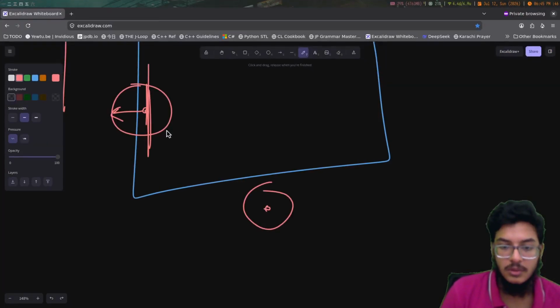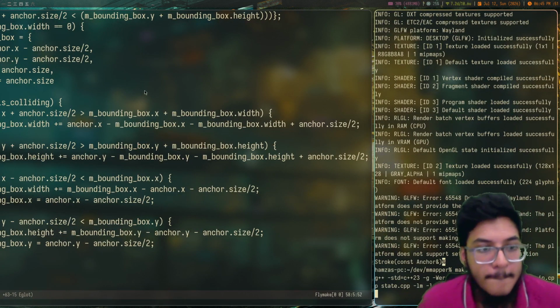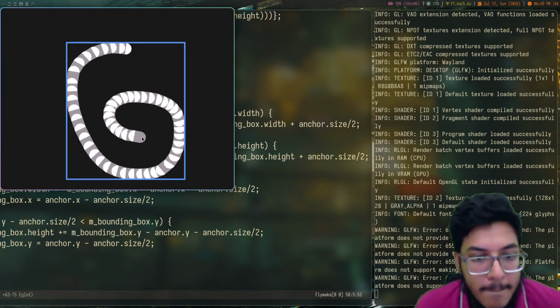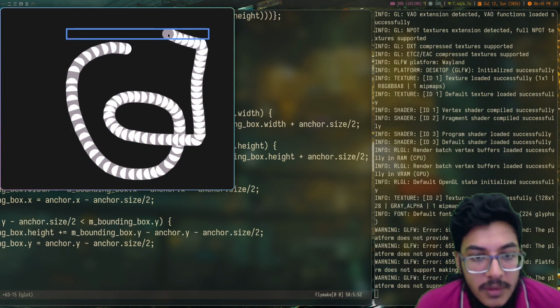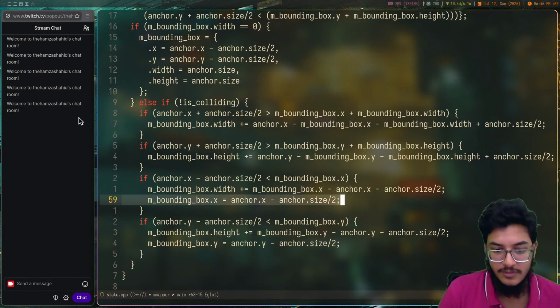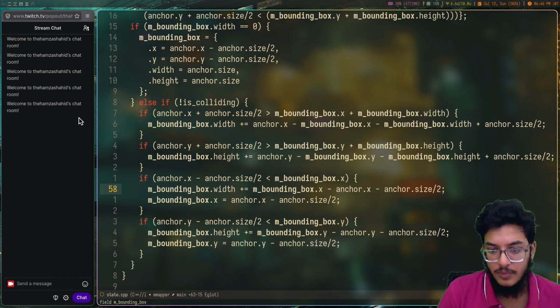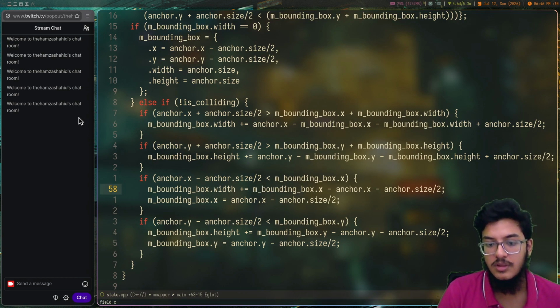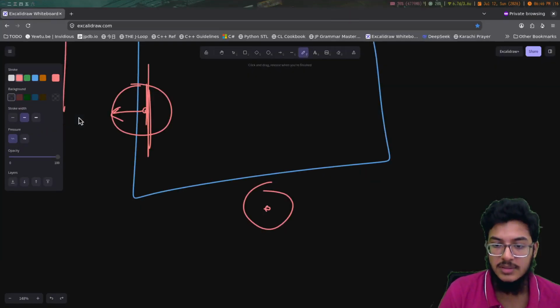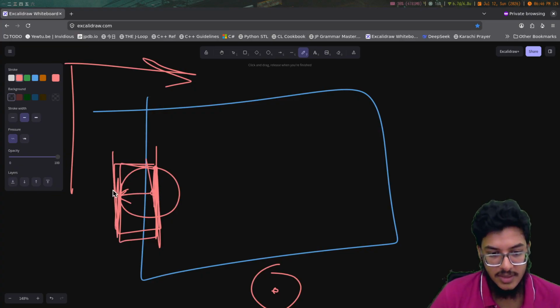The bounding box every time. It is the left. So if it is left of that, we're adding width. What are we adding to width? We are adding the difference between the bounding box dot x if anchor dot x is to the left. So this difference, the x minus the anchor dot size. So anchor dot size,